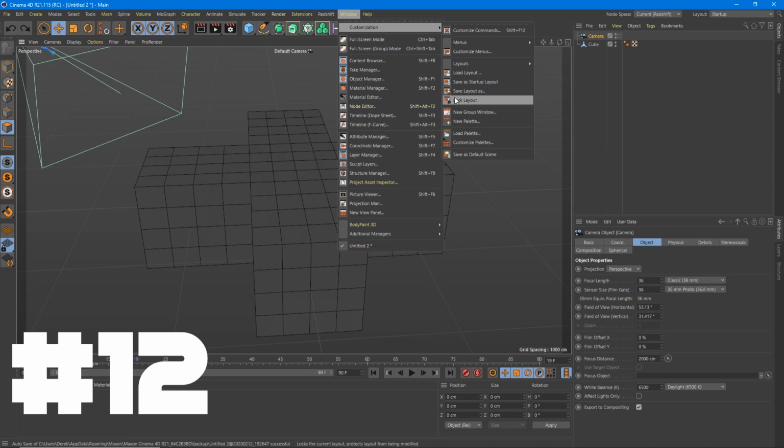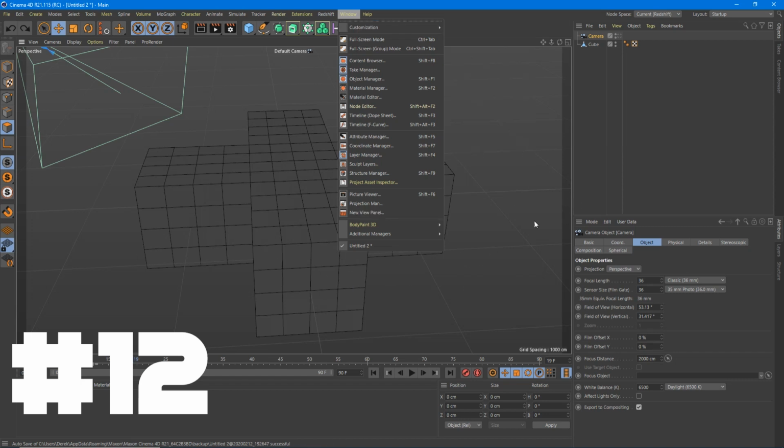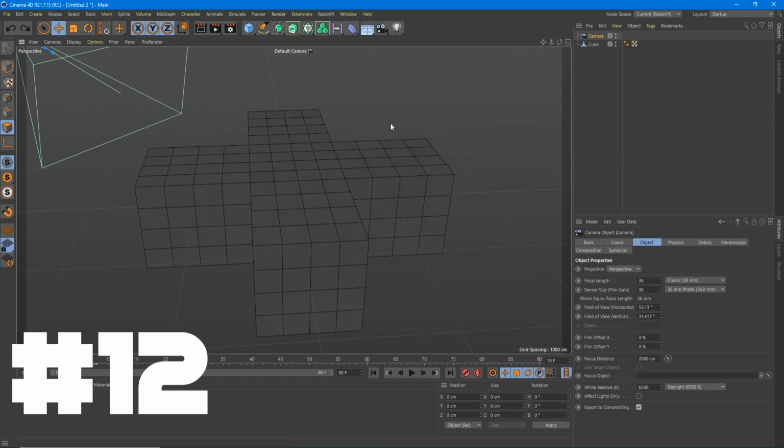And you can also lock your layout so that nobody messes with it, or so you don't accidentally click around. Although I don't know why you would do that, because sometimes you need to move things around. But there you go. So if you accidentally throw something somewhere you're not supposed to and you can't figure out how to get it back, go to your layouts and reload it.